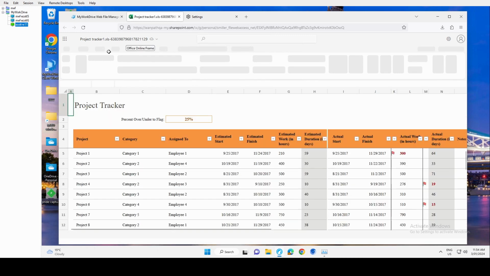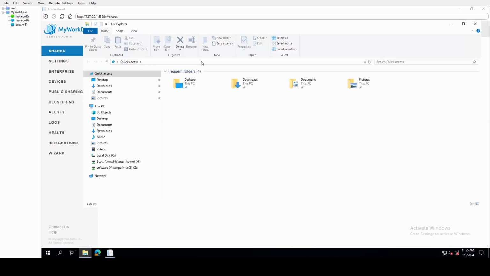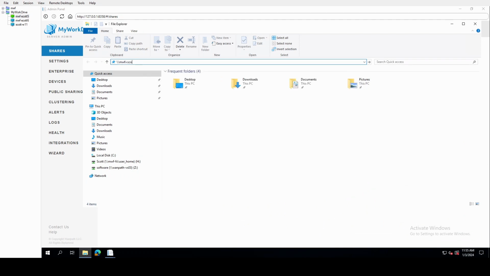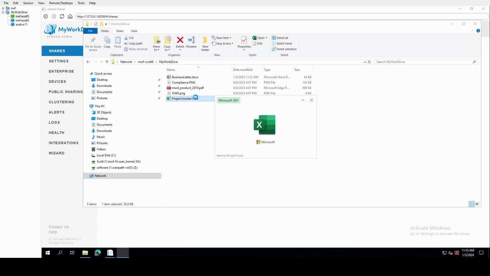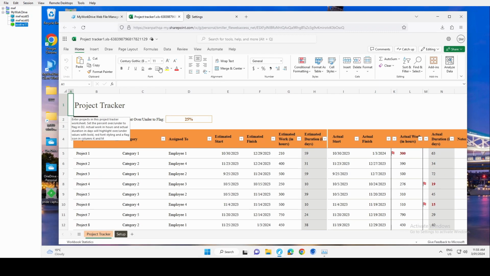Now, if another user, let's go back to the server and go back to that in SMB. Here we're not using MyWorkDrive, we're just using a regular local user. If another user, this is Scott, tries to open that file, they get that very familiar message, hey, the file's already in use. But that other user is on MyWorkDrive, and you know that because we did that as part